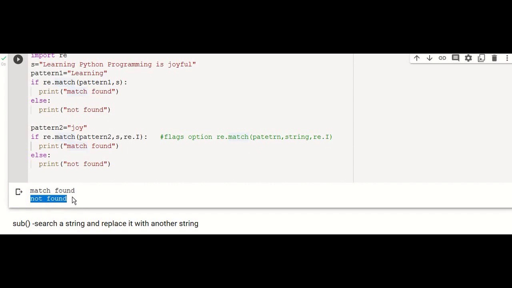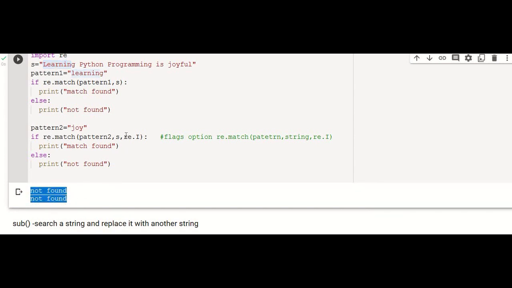So now this will return false, which means not found will be displayed as the output. And suppose I change this capital L to small l, now it will also be not found because it is case sensitive, and hence this learning is not the same as this learning. In both patterns, it will be not found.